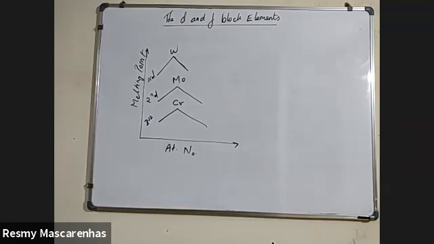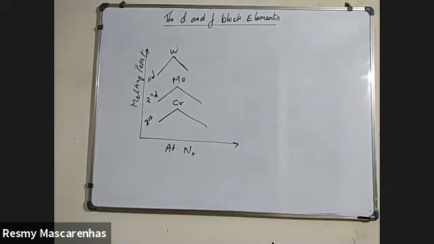Second and third transition series. Whenever we compare the enthalpy of atomization of the second, third and first transition series, always remember that the third has the highest enthalpy of atomization, which means the melting point also. Then comes the second, and then the first transition series. Now why is it so? It is one and only one reason: for the second and third transition series there are f block elements in between, and because of that there is a nuclear screening effect.